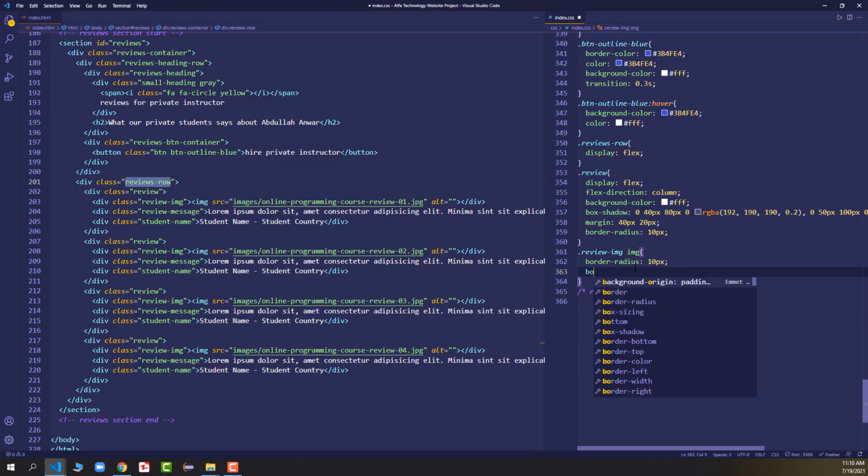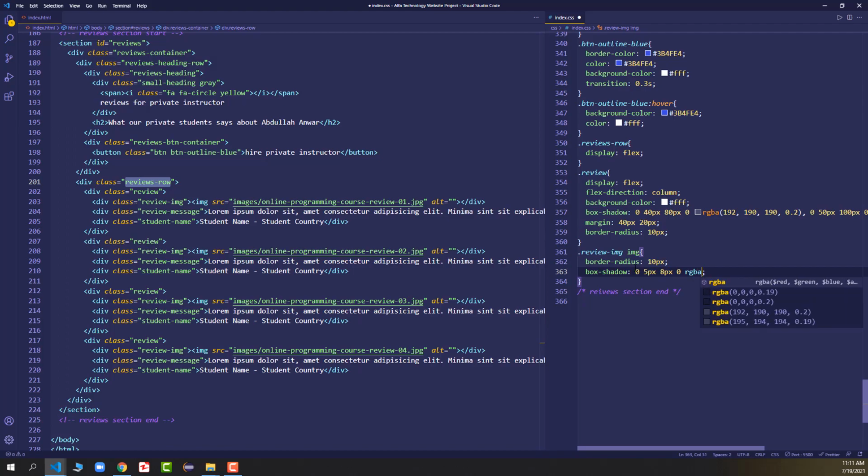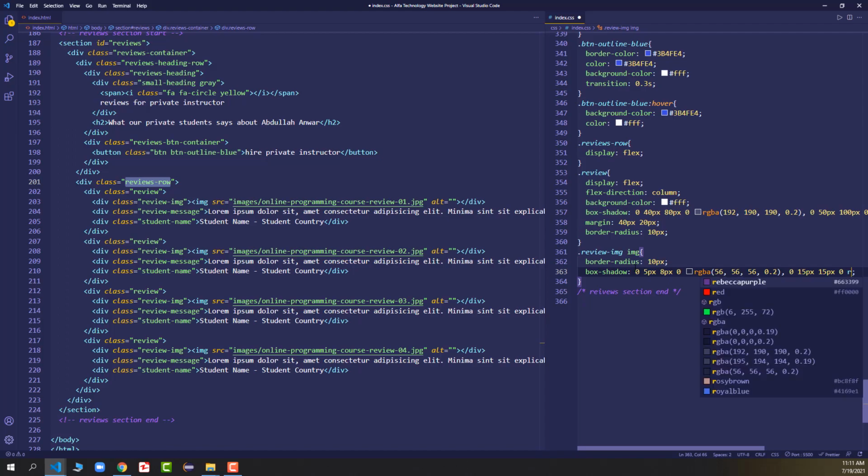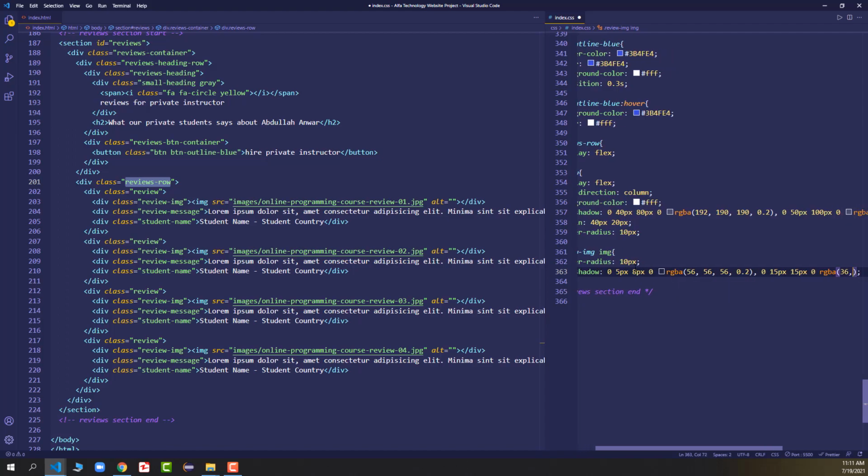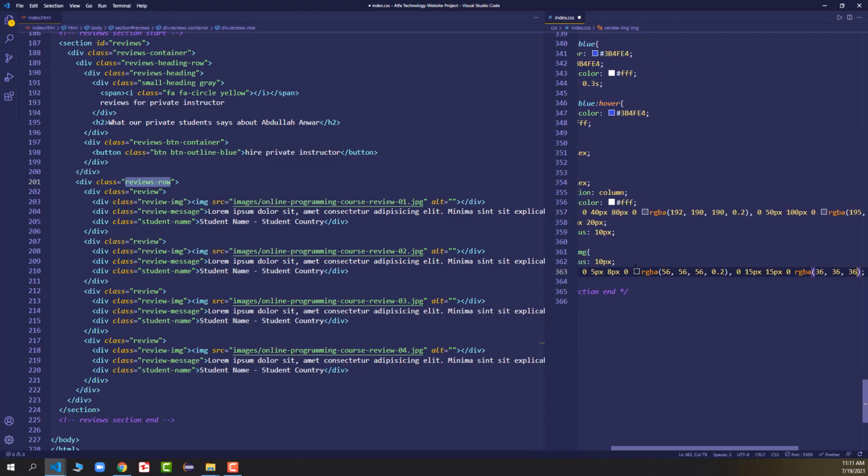Now after this we'll say box shadow, and here we apply a little bit of box shadow: 0, 5 pixel, 8 pixel, and again 0, and then RGBA 56, 56, 56, 0.2. Then we'll put a comma, 0, 15 pixel and 0, and then RGBA 36, 36, 36, 0.19.